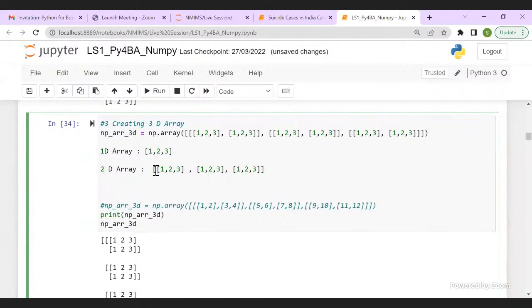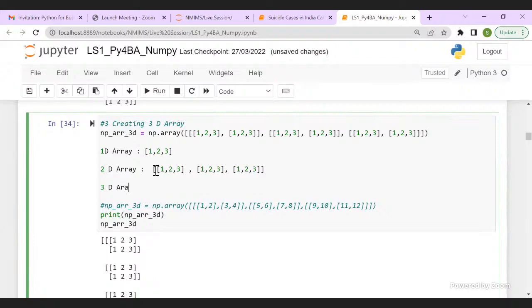Now, when you go for your 3D array, it is one bracket addition for another dimension, because you need to pack your entity as one entity.